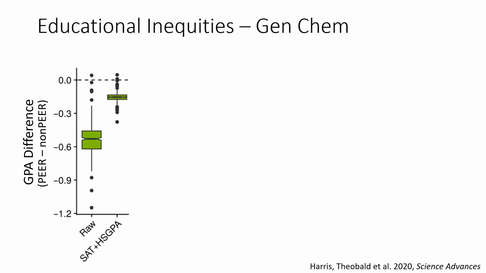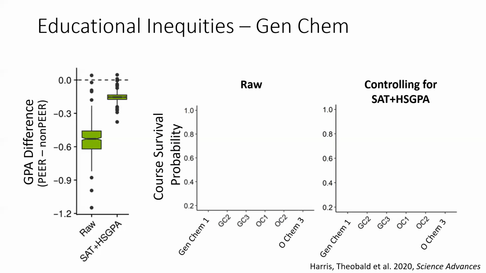Also, these kinds of inequities have huge impacts on students, both how they feel in class, but also the choices that they make. So here I'll show you course survival probabilities. I trained as an ecologist, and so I borrow many methods from ecology. As a plant ecologist, when I say survival, I mean something very different than when students use the word survival. But we use survival, and students will say, oh my gosh, I survived Gen Chem. So I feel comfortable calling this survival here, even though I'm not super comfortable with it.